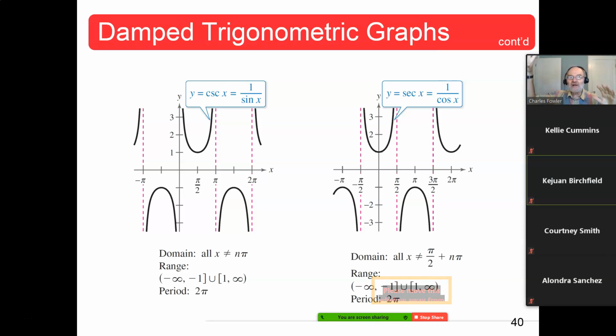Think of these as your shock absorbers. Okay, it's dampening the bumps in the road. Now number 5, the period of y is equal to tangent x is blank. Pi, perfect. Number 6, the domain of y is equal to cotangent x is all real numbers such that